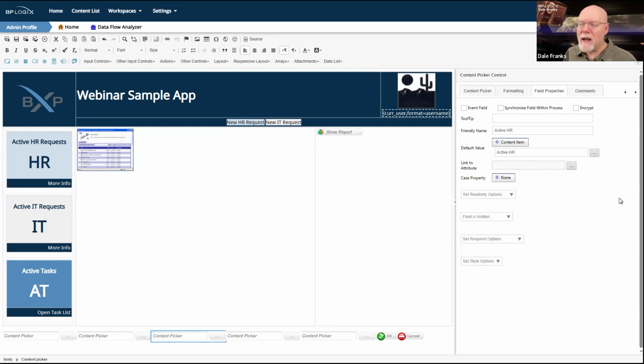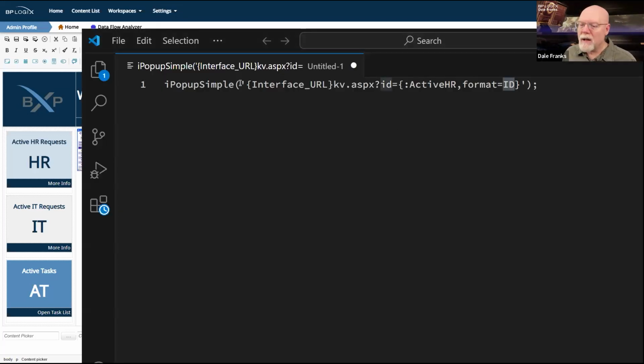And in our little JavaScript command here for iPopUpSimple, I'm calling that ActiveHR field via a system variable, and I'm throwing in the ID formatter to ensure that it returns the GUID for the ActiveHR knowledge view.